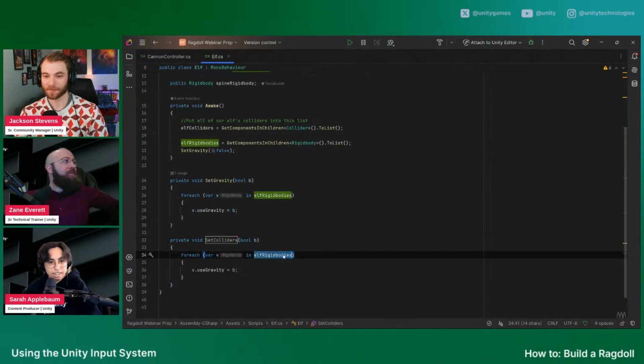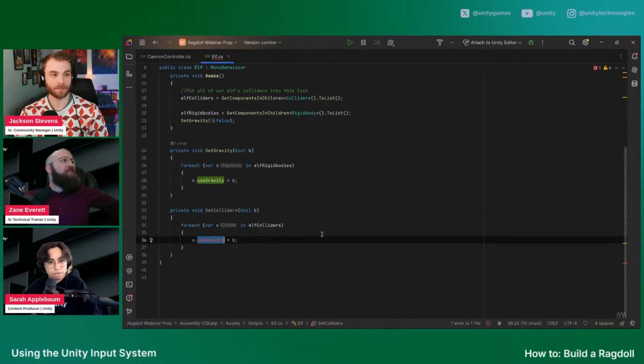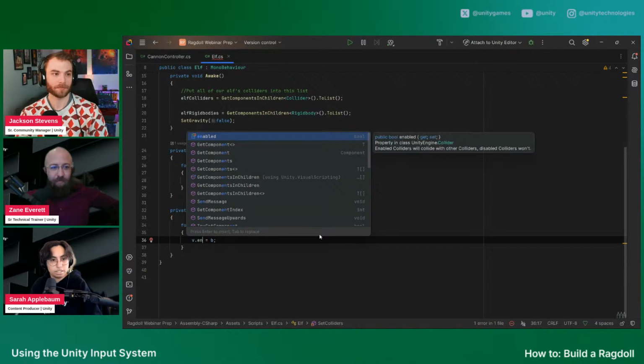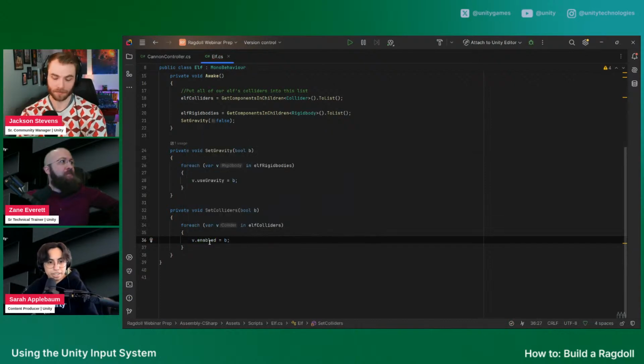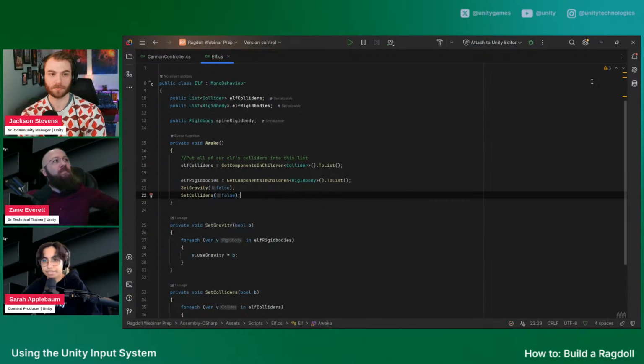And inside of my elf colliders, I'm going to call the enabled function on them to set all of my colliders to disabled. So my elf will no longer have any active colliders, and he should sit very nicely in my cannon. So if we go back,